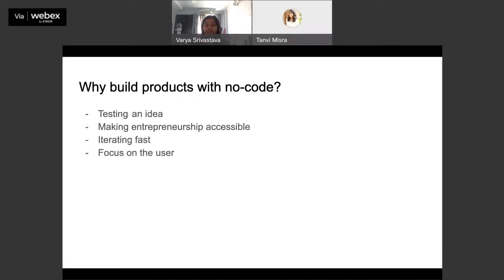So, using no code is extremely critical for testing your idea. The second is about making entrepreneurship accessible. What's interesting is that not all entrepreneurs or founders come with a technical background. Like you might have heard in my own introduction, I actually studied political science. I studied a lot about how war and conflict happens in the world and tried to make sense of it. So it's fair to assume that I was as away from the world of technology as one can possibly be. Yet I lead products for a fairly large company today.